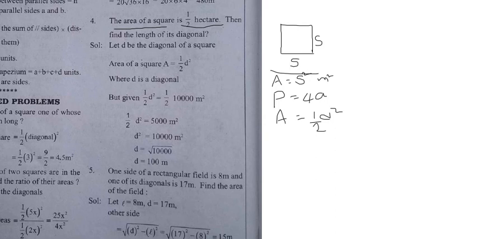Coming to the square, what are the properties of the square box? Properties of the square: all sides are equal, we know that. Then here I can write one formula. The area of the square is equal to s squared, that is s into s, in meter squares, and perimeter is equal to 4 into a. And one more formula is also there for area in terms of diagonal, that is half into d squared. These are the formulas I know about this square box.